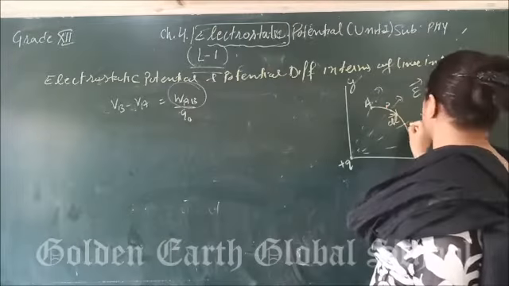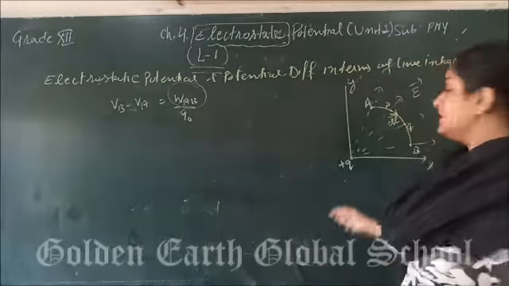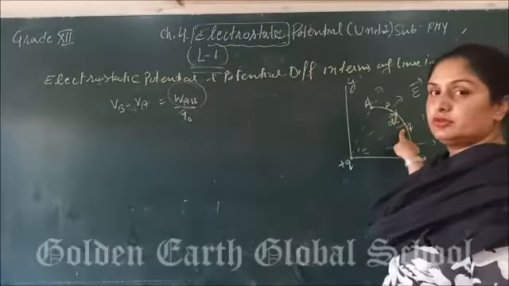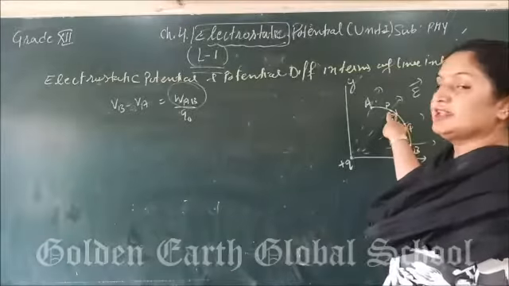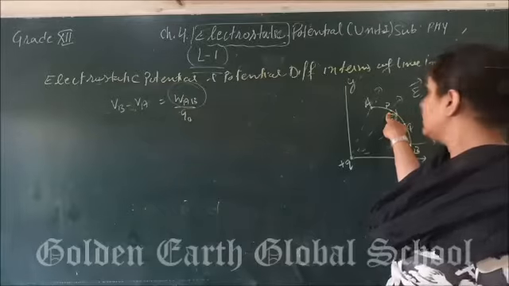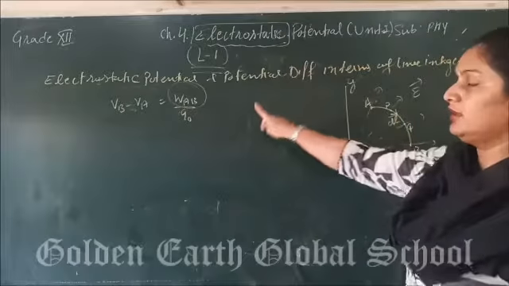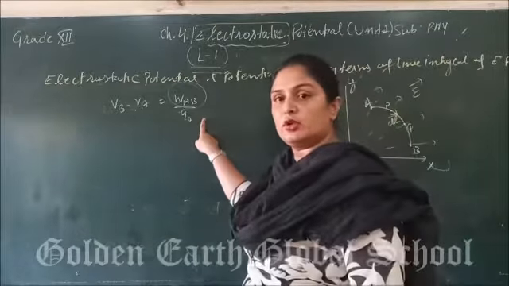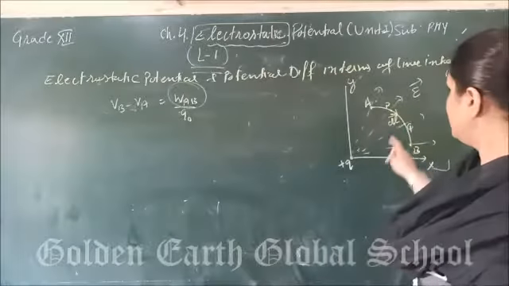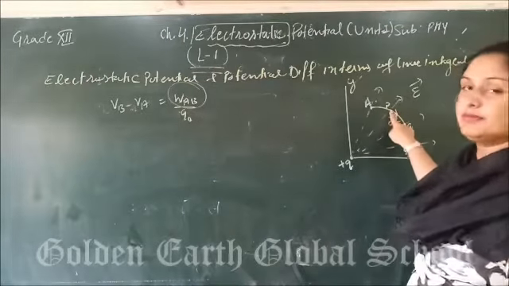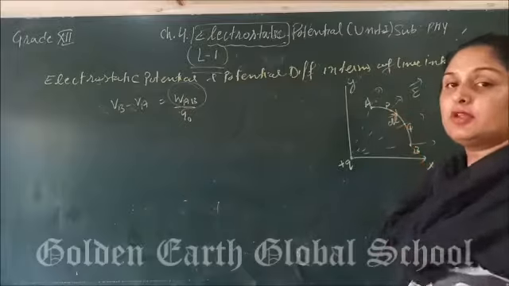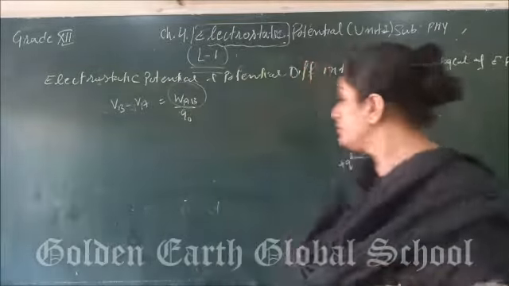Elementary length dl, for which the unit positive charge is moved. Let us suppose from point P to Q. Charge is moved from point P to Q. Firstly we will calculate the small work done from point P to Q. Then we will integrate to calculate the total work done. Now to calculate work done, we should know the amount of the force. How much force we are going to apply.